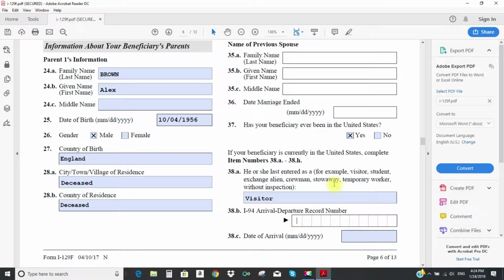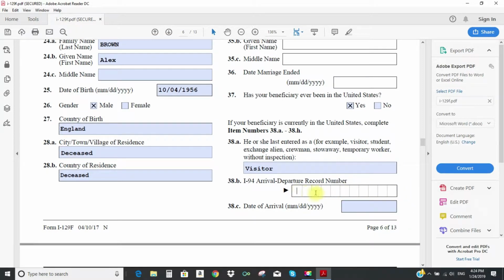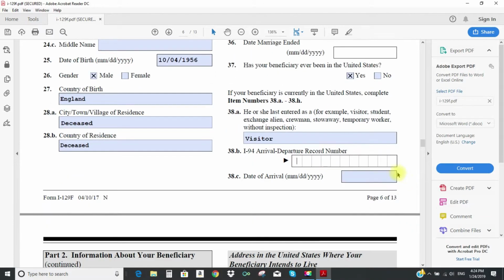Now, if she entered the United States, she would have what's called an I-94 record number, and here we'll show you how to get this number using your passport and going onto a government website. Sometimes this number can be on your passport, but if it's not in your passport or you lost this number, then you need to go to a government website and retrieve it using your passport. Okay, and so let's say the date of arrival was